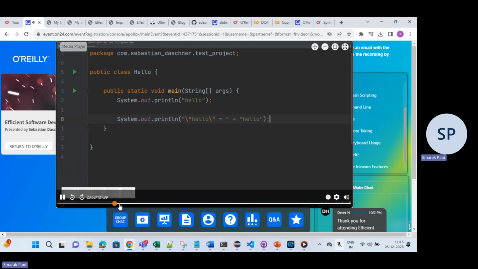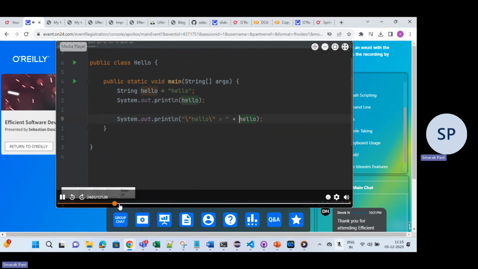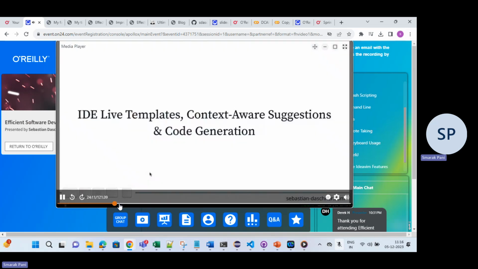And then we can have this, for example. Okay, so this works. This also works with an identifier. If I have a variable that is called hello, and then I say hello dot sysout, then it is just nicely wrapped, which is another feature. And again, for these suggestions and live templates, don't stop with the ones that come with your IDE, but define your own ones that you can then use and go with.